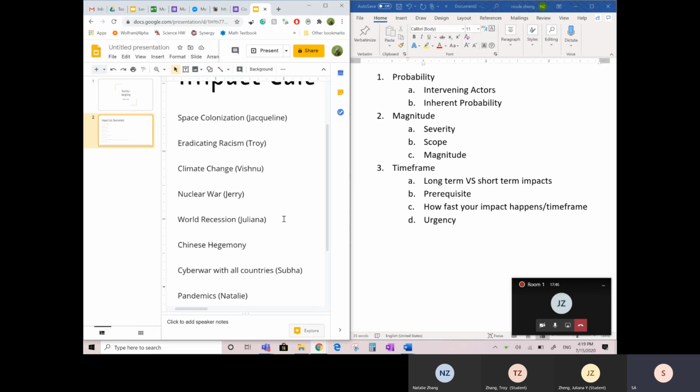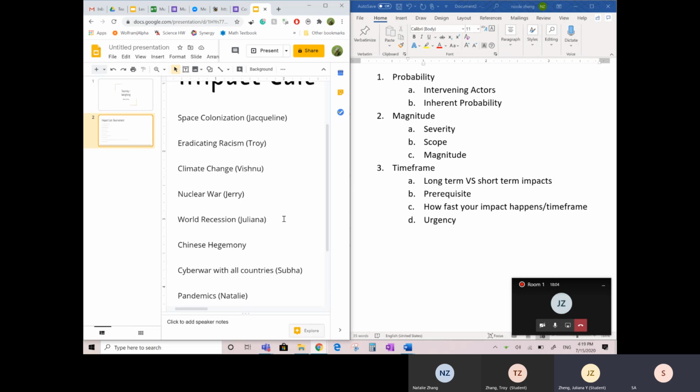So Jerry's probably gonna run extinction, right? And you're gonna talk about a world recession, right? So I would say the way that you can win is with weighing against nuke war. Do you have any ideas at first? Let's talk about first,